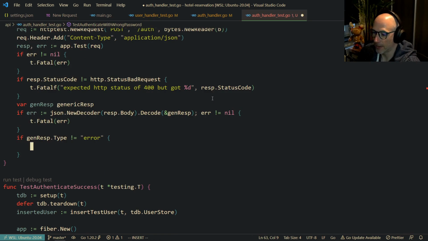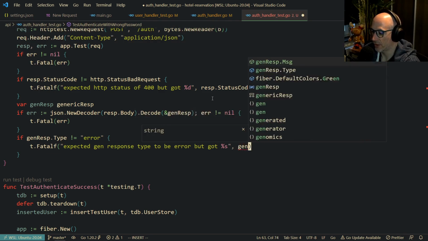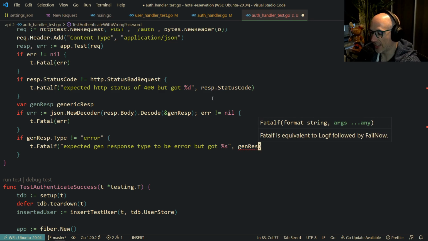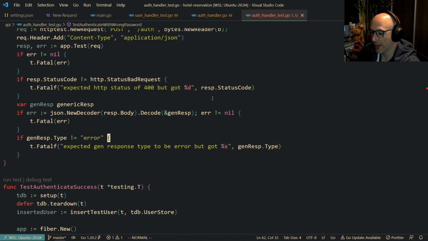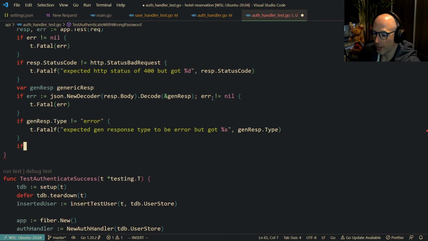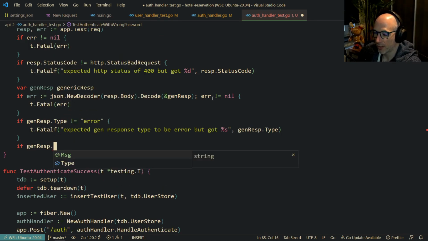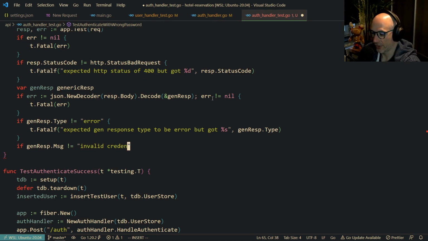We're going to say t.Fatalf expected gen response type to be error, but got %s, gen response type. Like I said, is this finite? Probably not. Is this a final solution? Probably not. But then we're going to say if gen response message is not equal to invalid credentials,